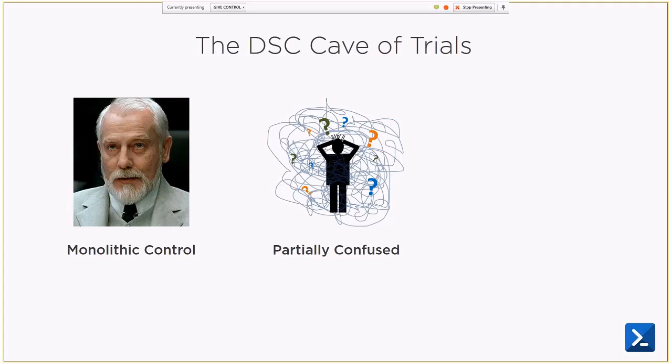Even Steve Murawski wrote an article on the pitfalls, and why partial config is kind of the devil when it comes to DSC. So that led me to the partial configuration implementation of DSC, which also failed. And at this point I had to take a step back, and this is where I discovered the problem wasn't